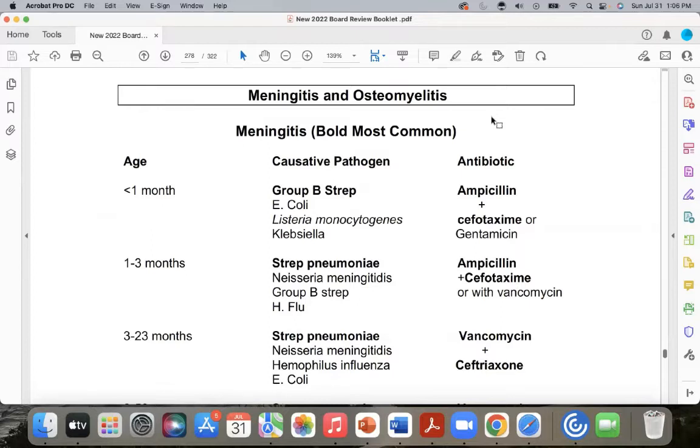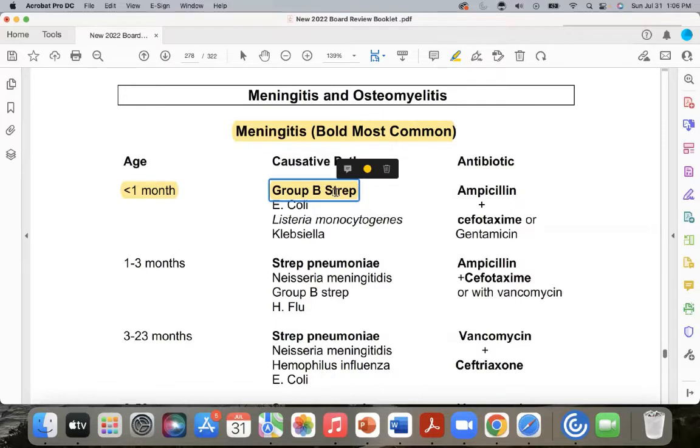So let's go over the basics, okay? Just the basics. We'll do meningitis first. So what's the most common cause in neonates? This is group B strep. I always say people learned it at school. What does group B strep stand for? B stands for button babies. So where's group B? When it's close to the button. What does group B deal with? Well, we don't want to have babies exposed to it.